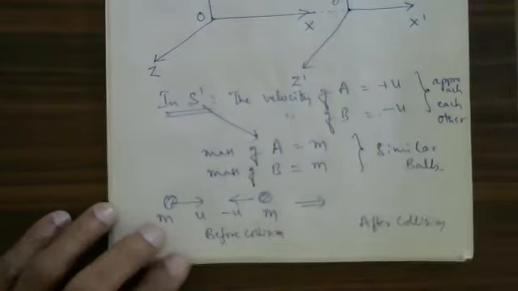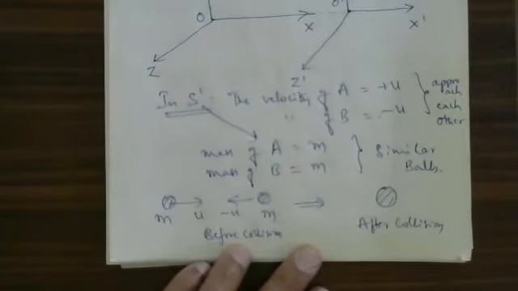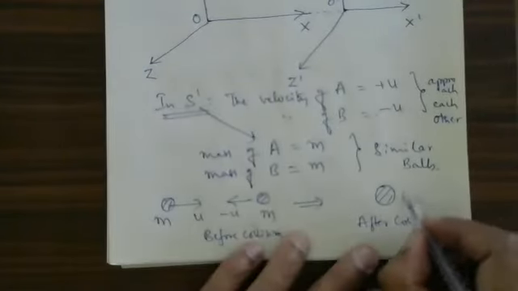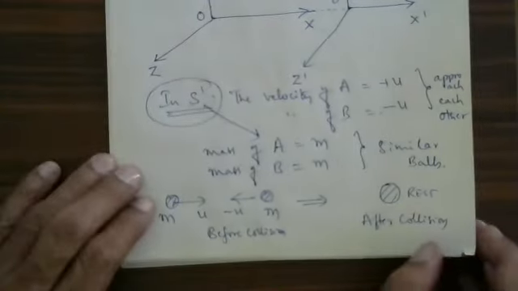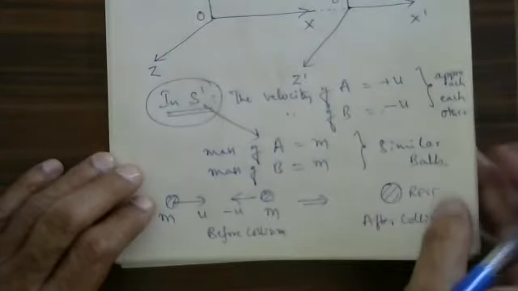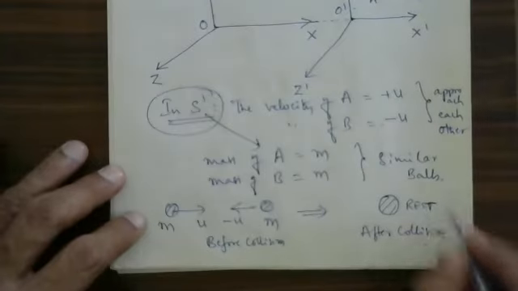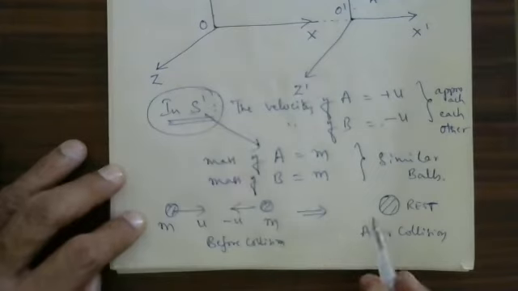both the bodies are coalesced, which means they join together. They join together, and maybe it is moving, maybe not. Let us see what will happen. Usually it will be at rest. In which frame? The S dash frame. Okay, because of that, I can write the concept. I hope you understood. This is said to be at rest. I will prove why it is said to be at rest in the frame S dash after colliding.